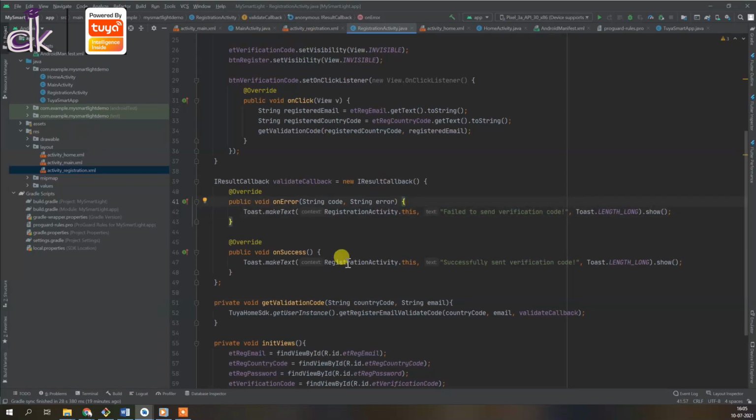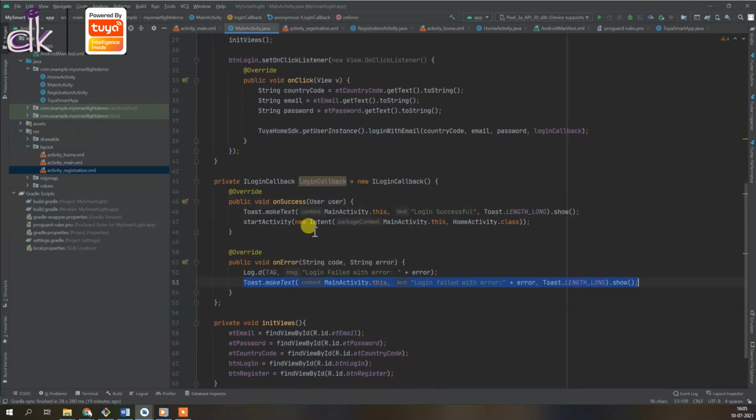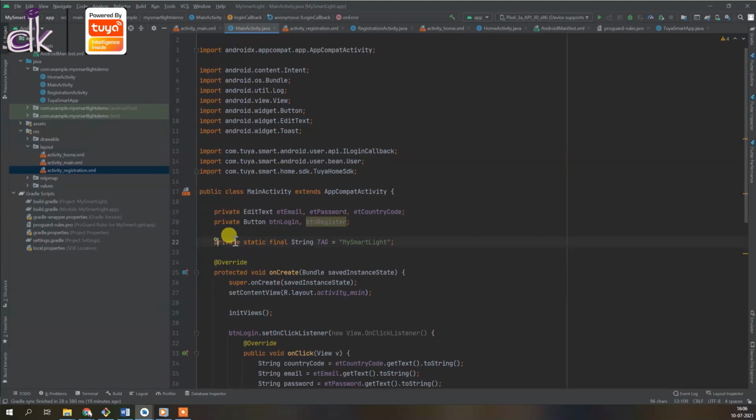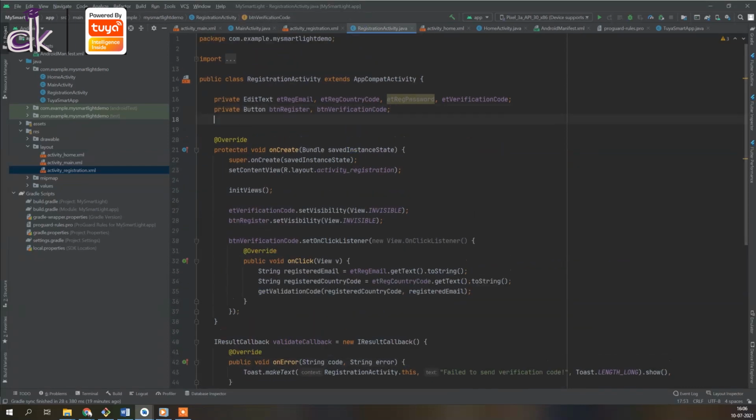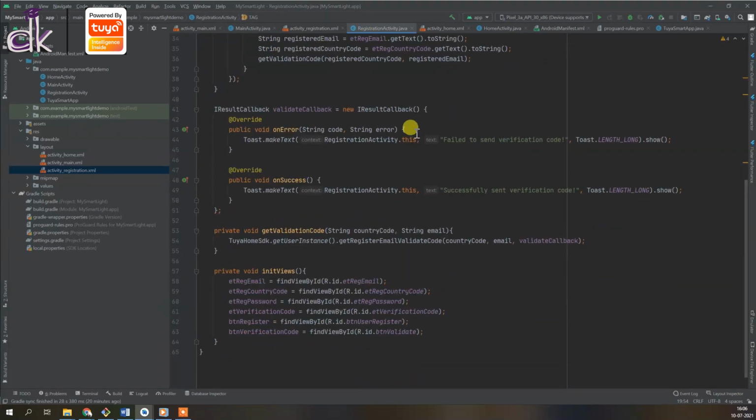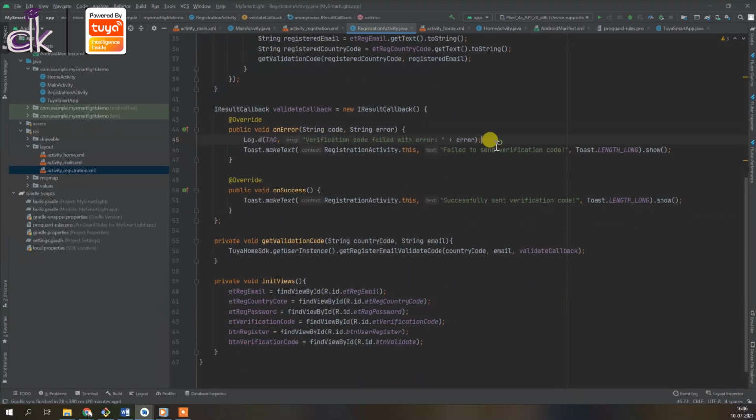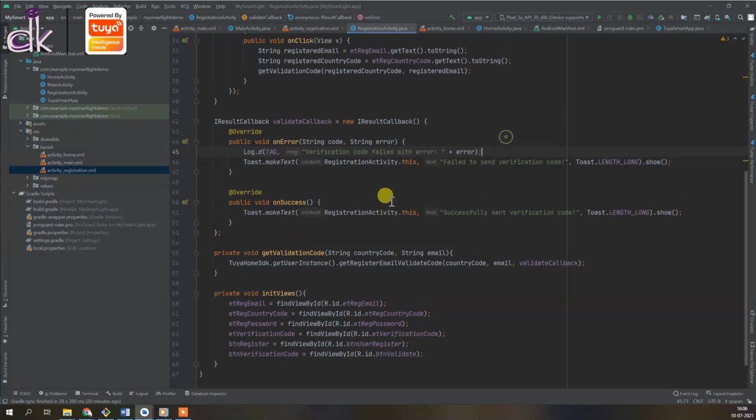And you can do the same logging functions that you added earlier, so that you can see it during debugging. So I'm just going to add that.